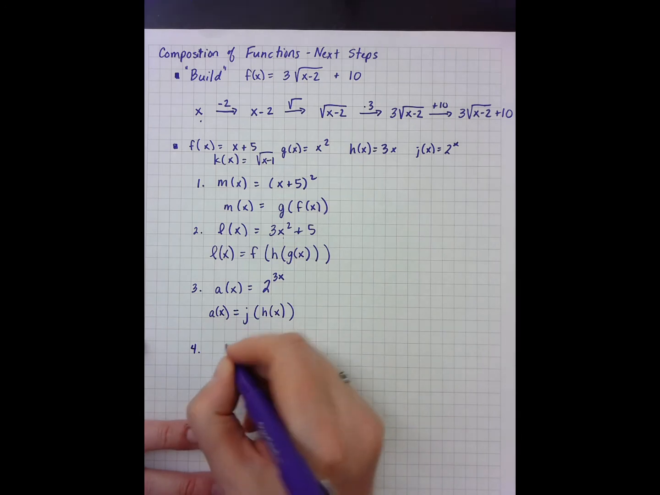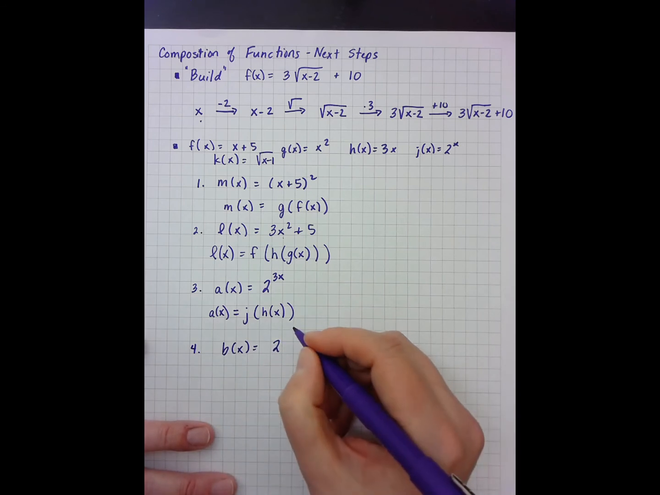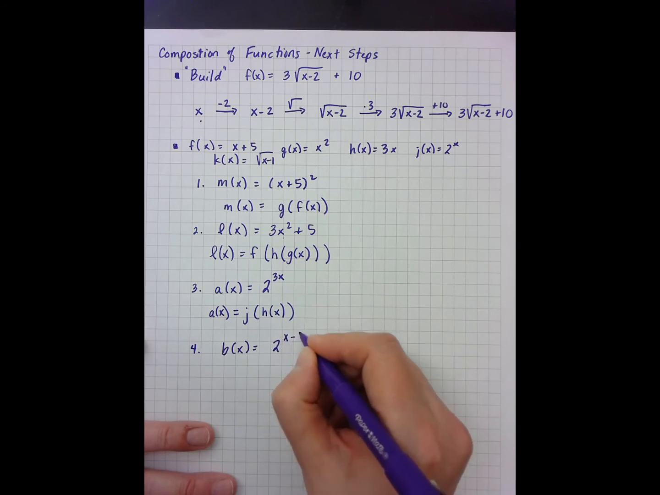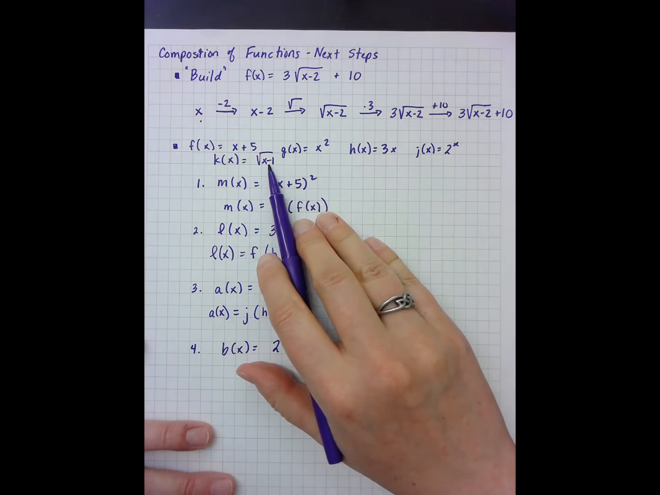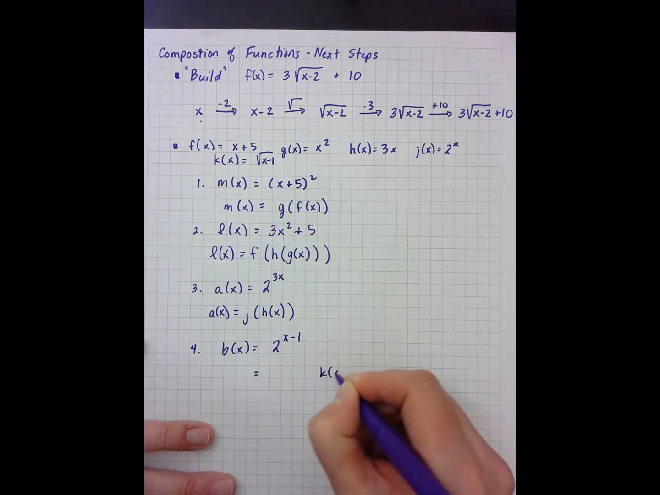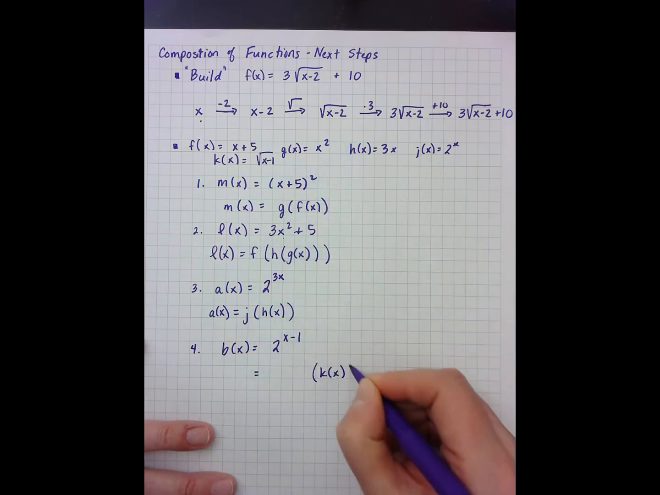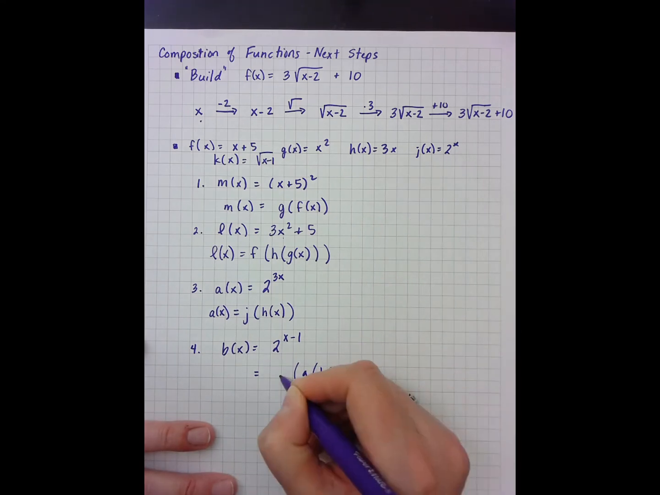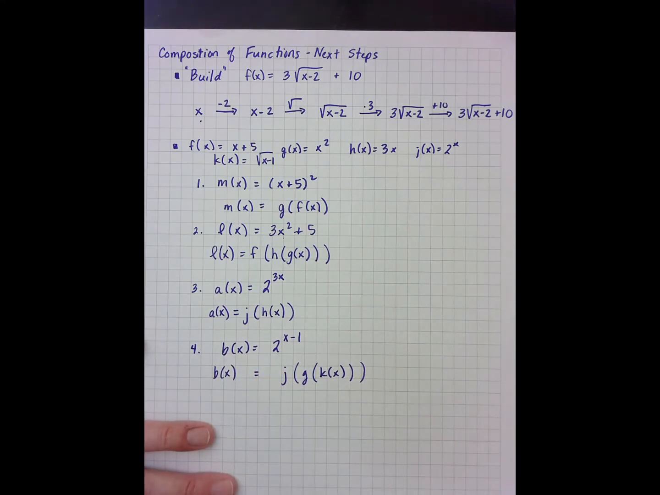My last example, we'll call that b of x equals 2 to the square root of x minus 1. So I have an x minus 1 right here, but it's underneath a square root, which means that if I start with k of x, to get it to be x minus 1, I'm going to have to square it. So that's the g of x. And then to make a power of 2 means I need j of x. So I could rewrite b of x as j of g of k of